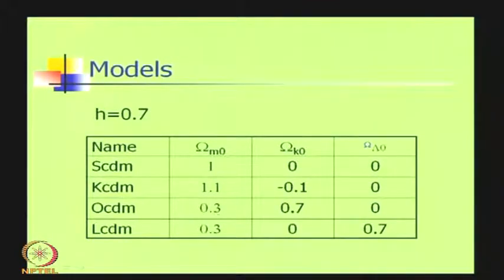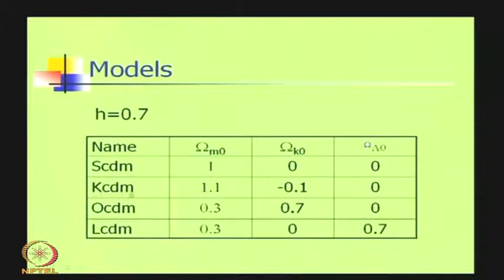The first one is the standard cold dark matter cosmological model, and this has omega matter equal to 1. So, the entire universe is filled with dark matter. I have told you that there is evidence for dark matter, and this is a model where we assume that the entire universe is filled with this matter, exactly equal to the critical density. We do not see so much matter in the universe, so let us assume that it is dark and this is the model.